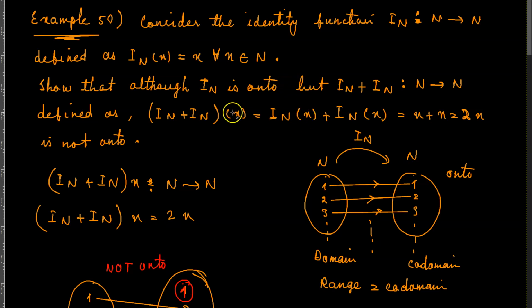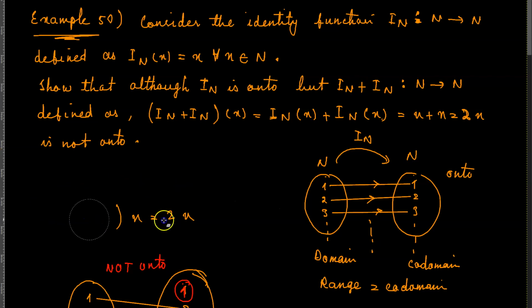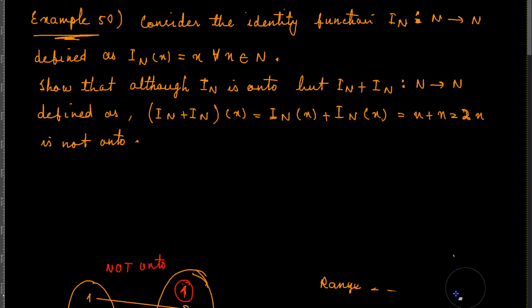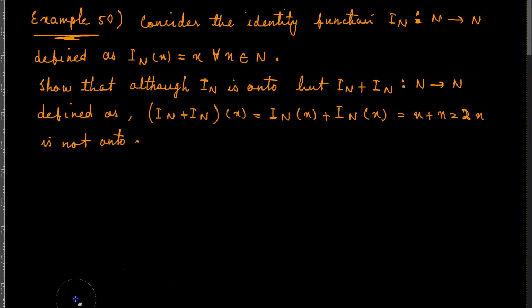Now the second function that we have, what we want to show is that I of n plus I of n of x is not onto. We want to show that although I of n is onto, I of n plus I of n from n to n, which is defined as this function here, is not onto. So to show that this is not onto,